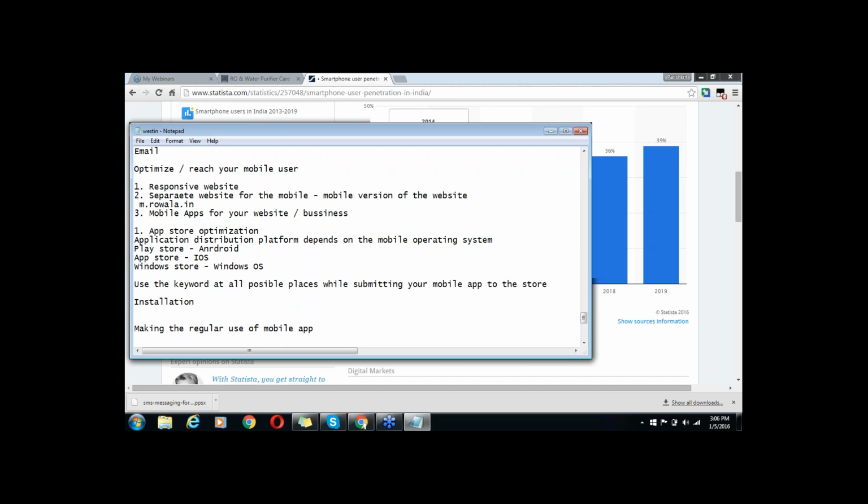So your mobile app developer has created your mobile app. Now when the developer will submit that app to the app store or play store or windows store, what is suggested is that you use the right keyword at the right place.